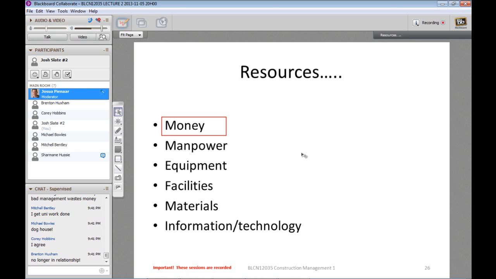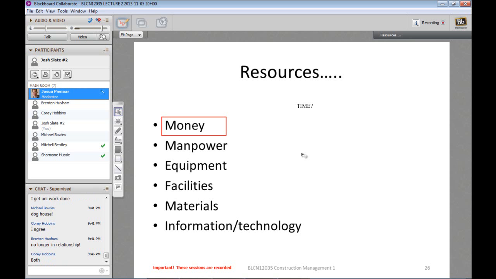What about time? Do you think time is a resource? Or is time a limitation? All right, so Brenton, you reckon it's a resource. Quite a few people say it's a resource. Yep, both resource and limitation. All right, yep, and we can see limitation coming through there. All right, so,